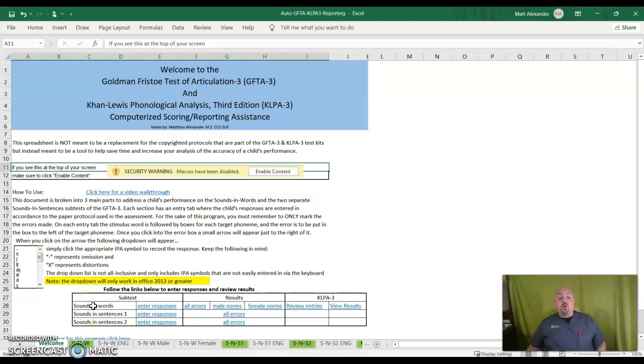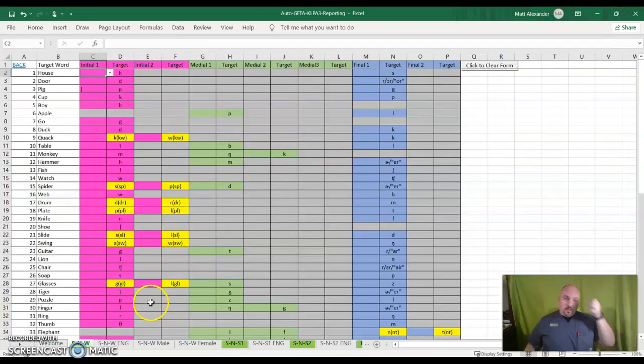And then I've got some basic information on how to use it, but the first thing that you're really going to do is take your paper protocol, go to the person that you're testing, and perform the test as you always do. Once you have that protocol in your hand, you click Enter Responses here. We're going to start off with Sounds and Words, Enter Responses. So what you do is you sit down and you look at the protocol and you transfer over the errors